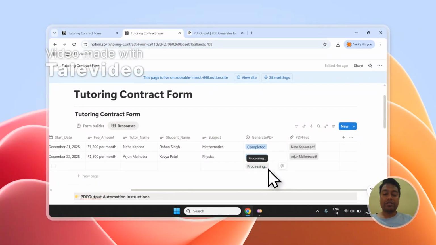And you can see it has started processing this document, which will be soon converted to PDF within the database, as we just saw. This is how powerful